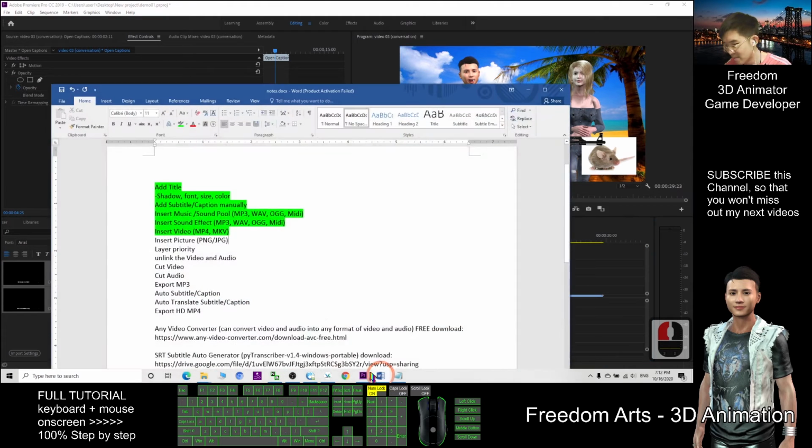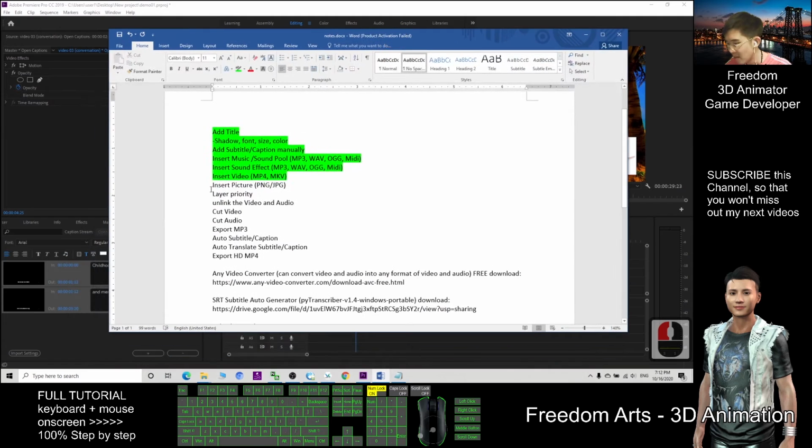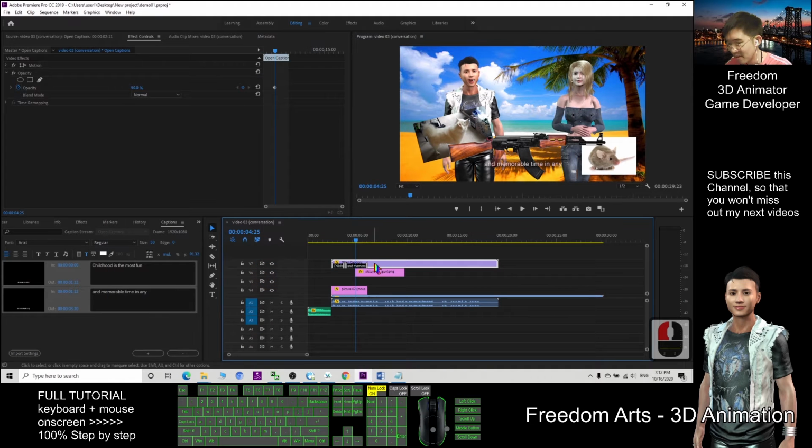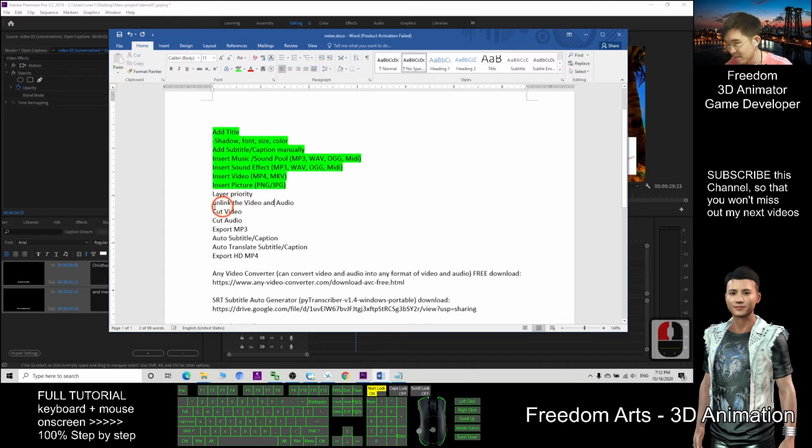Alright, so what else? Insert the picture, I already showed you the way. And the layer priority, as I said just now, anything at the top always shows first as the top priority. Unlink the video and the audio, just now I said